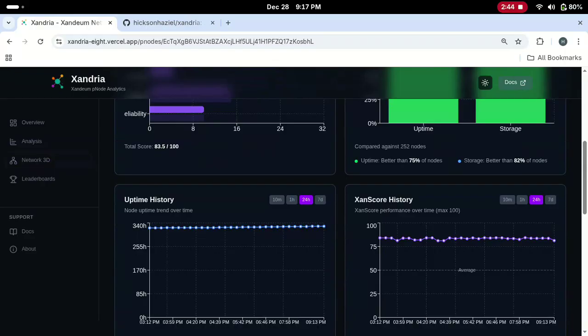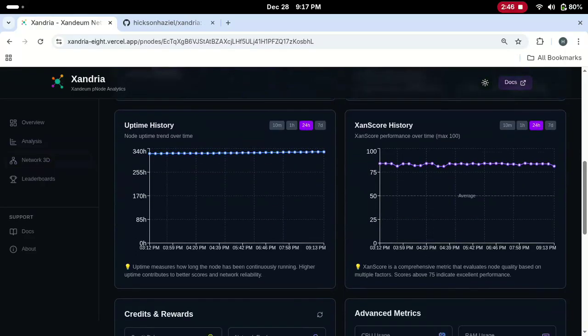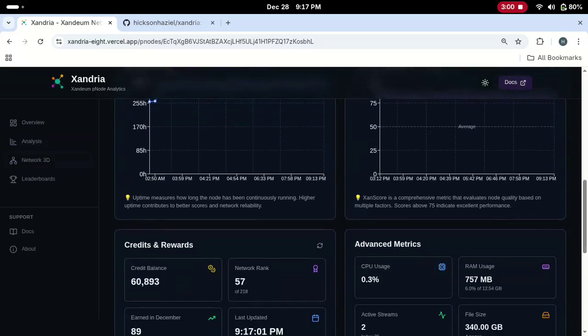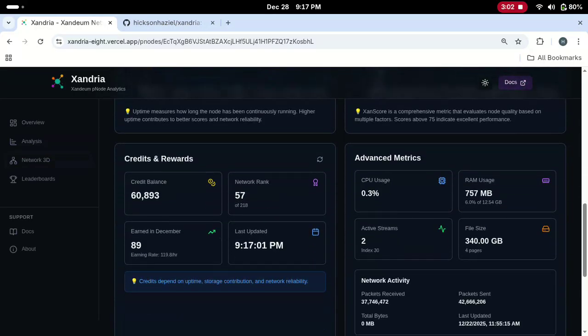And we have the uptime history, which uses the historical data to track it for 7 days. You can check for 1 hour, or 7 days, because we keep historical data. And we have XandScore history too, and we have the credit and reward section, and we have the advanced metrics,